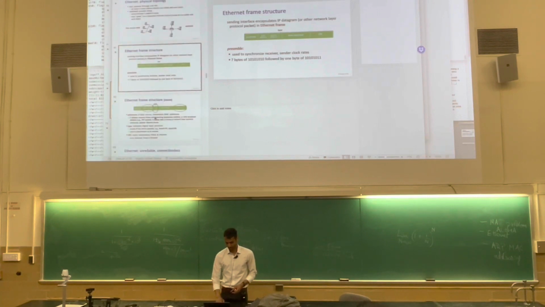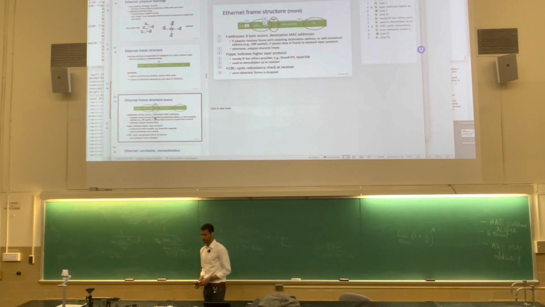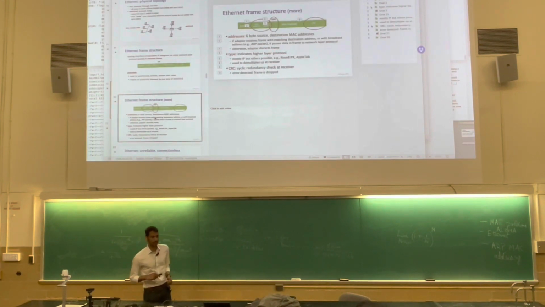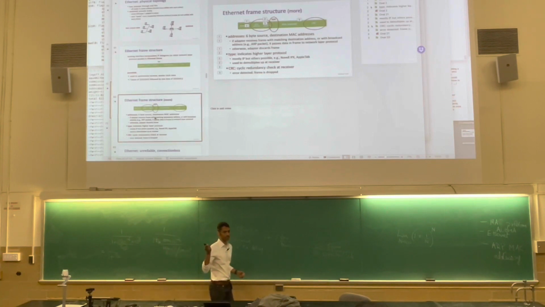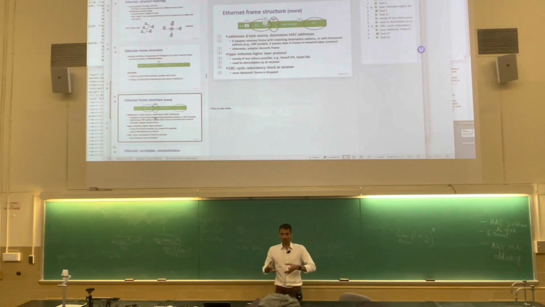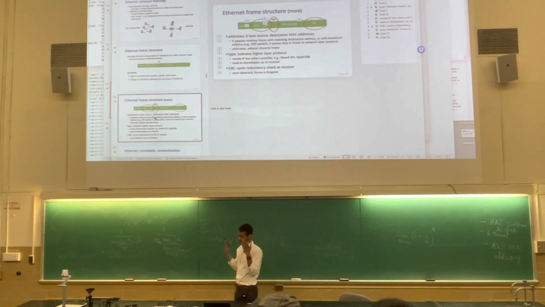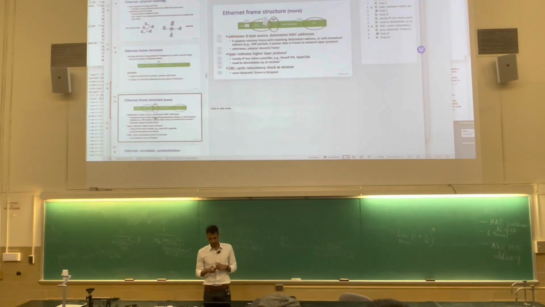So here are the rest of the fields. The preamble, followed by a source MAC address, destination MAC address, and then a type field that is similar to the upper-level protocol field we saw in IP. How does Ethernet know whether it goes to the IP stack or some other network layer protocol other than IP? IP is not the only possible network layer running on top of Ethernet. Ethernet can exist by itself as just a link layer protocol. It can run on top of another non-IP, non-internet based protocol stack. And so that type field identifies that.